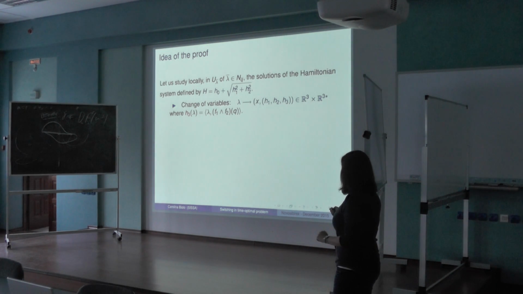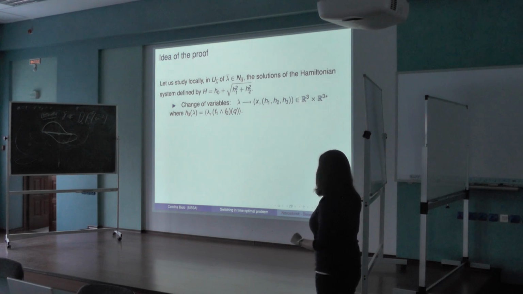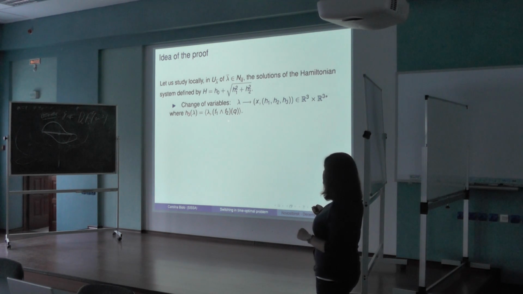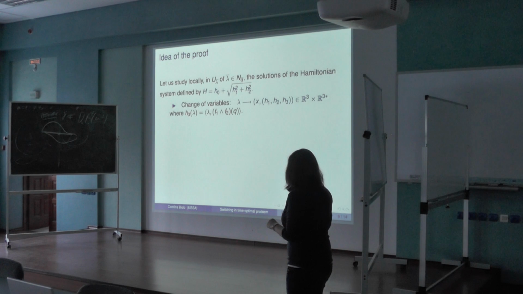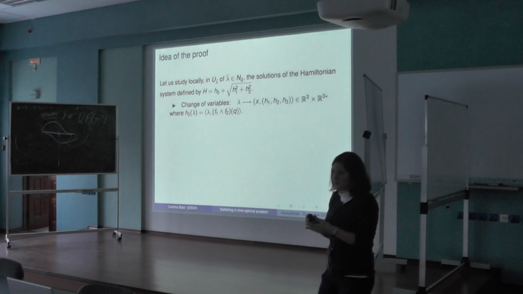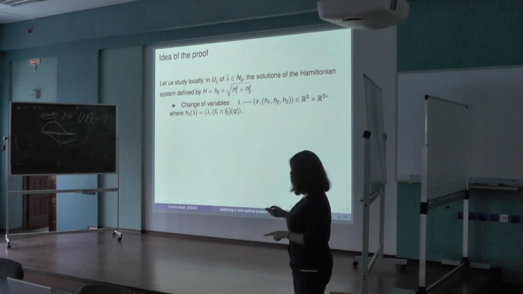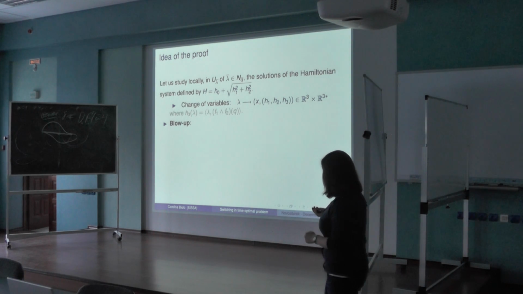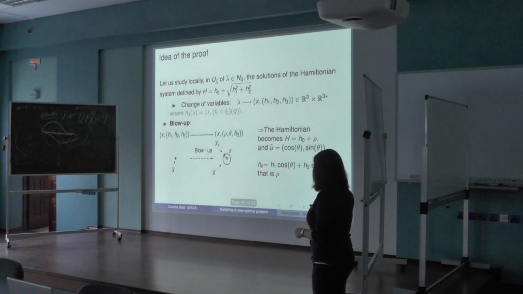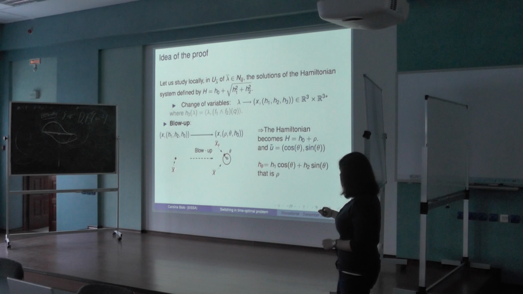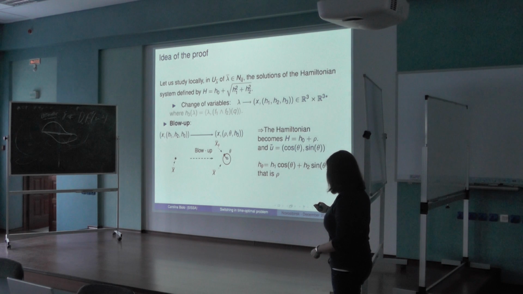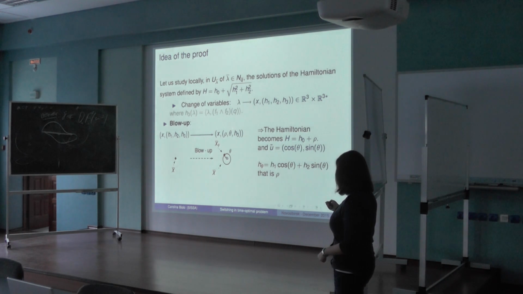So we have a smart exchange of variables, and from lambda we consider locally the problem, so a neighborhood in R^3 with arbitrary power, and we consider these coordinates where h3 is just defined by the vector product of f1 and f2, which we suppose to be linearly independent, and we consider the technique of blow-up, in which instead of a point x bar in these coordinates, we consider the polar coordinates with respect to the coordinates h1, h2 with rho and theta.